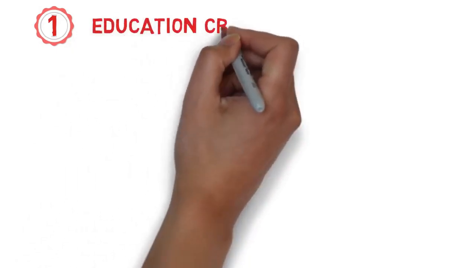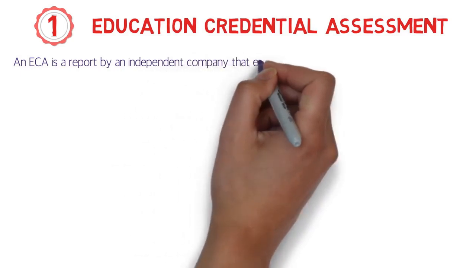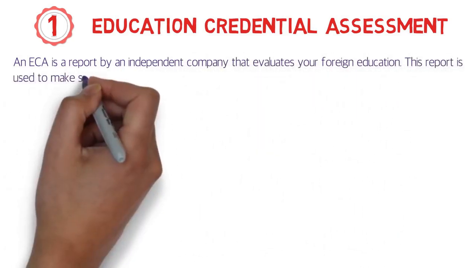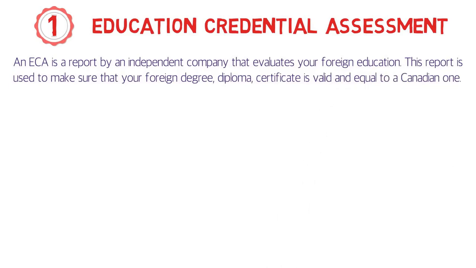Okay, so let's begin with the first one, Education Credential Assessment, or ECA. An ECA is a report by an independent company that evaluates your foreign education. This report is used to make sure that your foreign degree, diploma, or certificate is valid and equal to a Canadian one. So mind it, your ECA is not done by the Canadian government, it's done by a few independent organizations,